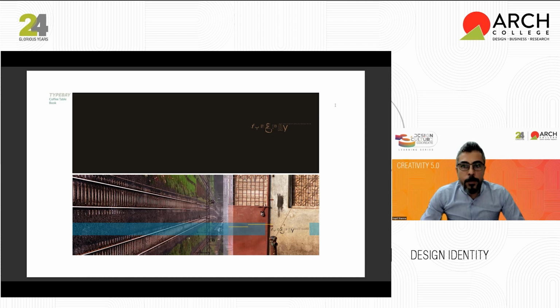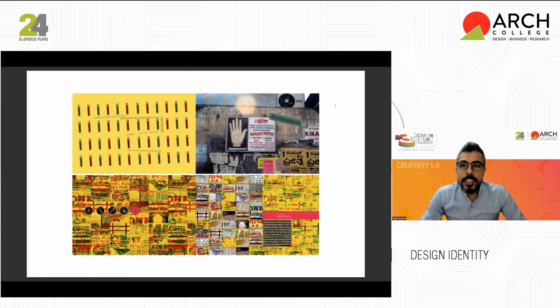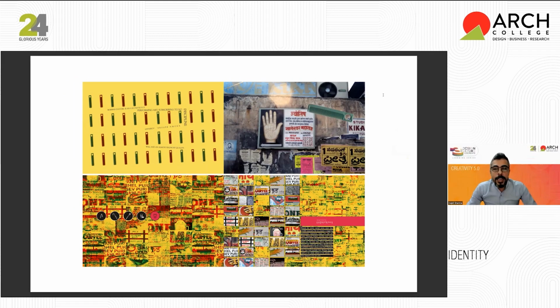If you've been to Bombay, especially Juhu and all, earlier there were a lot of these hand painted signboards and hand painted stalls. Now all of that is gone. It's all been replaced by new digital printing techniques and stuff. So these are a few pages, and I documented it. I used to just roam around the city and take pictures,